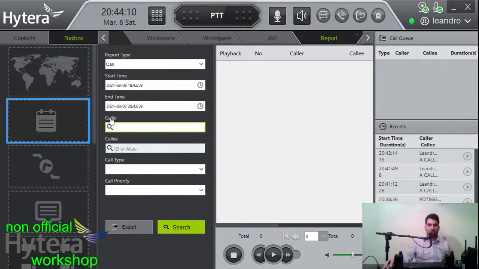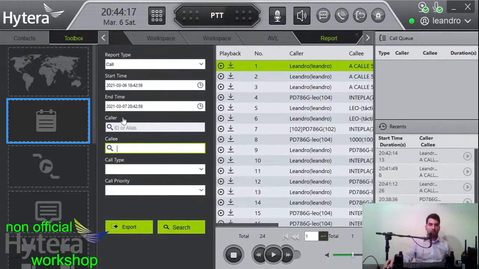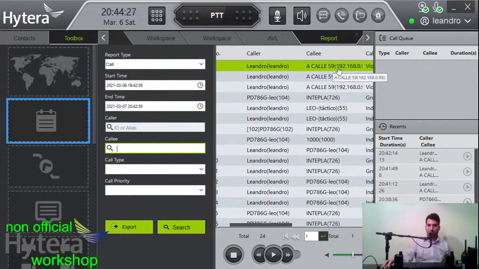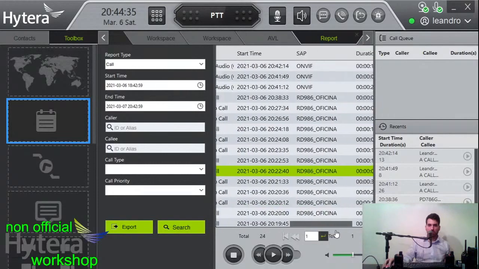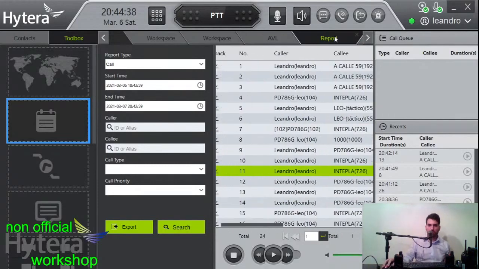We can select here which is the caller and which is the callee. So I am going to keep it blank and make a search, and here we have all the communications that we made before. For example, here we have the camera, group call, private call, and let me show you how to